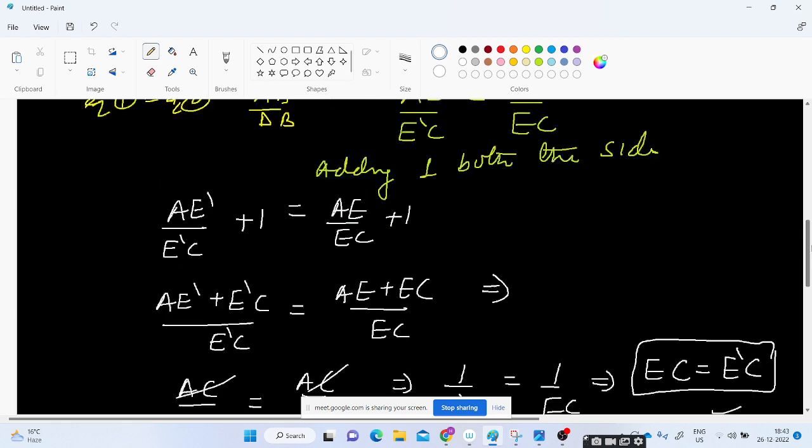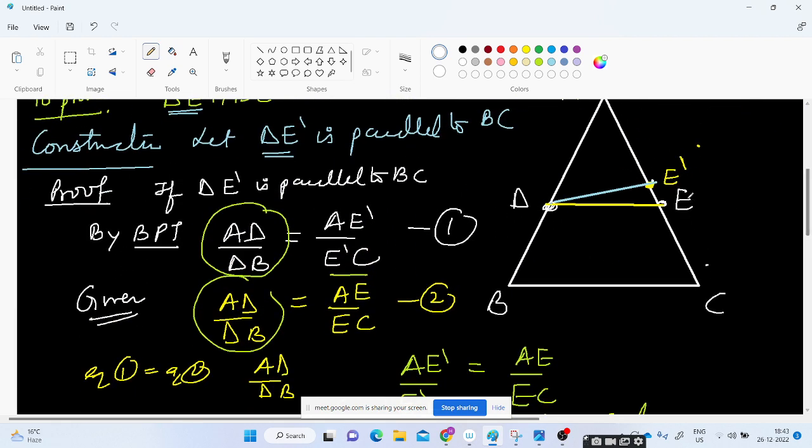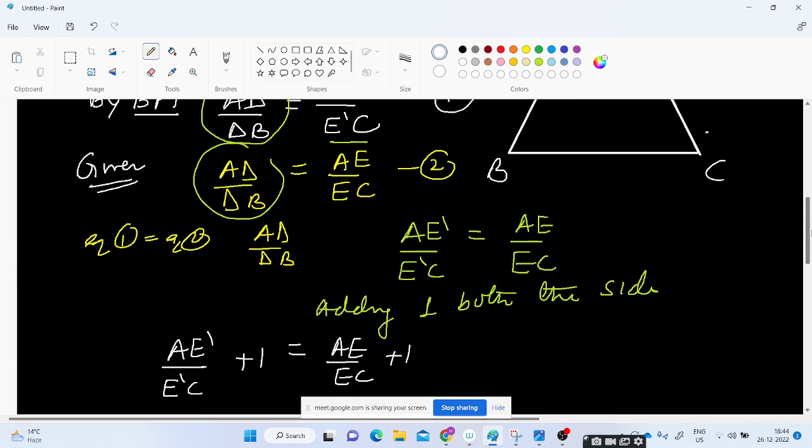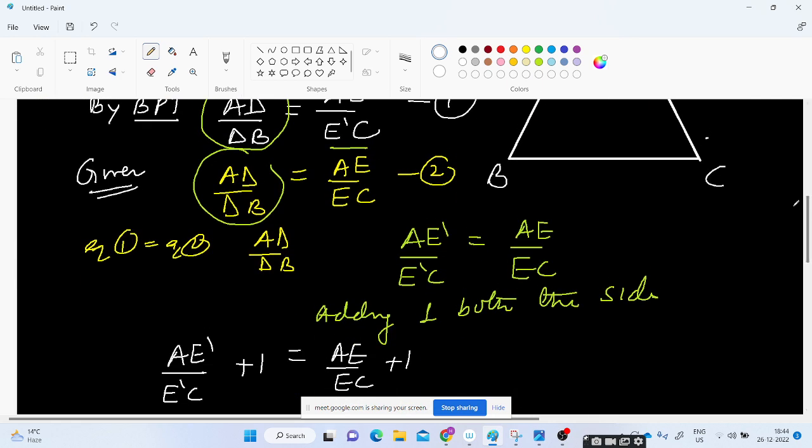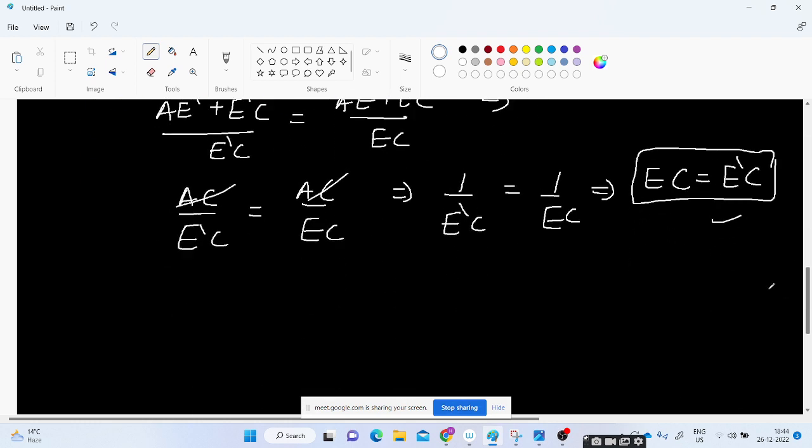So now what is coming, these two line segments are coming equal, E dash C and E. Here this is E dash C and E, both are coming equal. So when is it possible? It is only possible when E dash C will coincide over E. Yes or no? So this is only possible, so you will write here